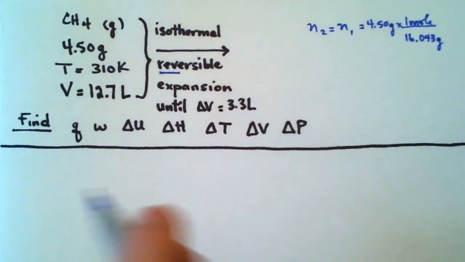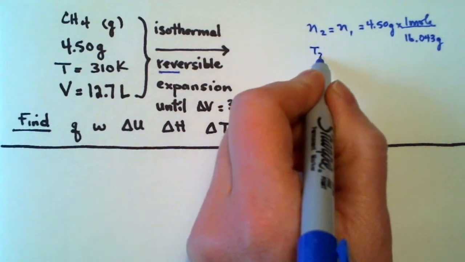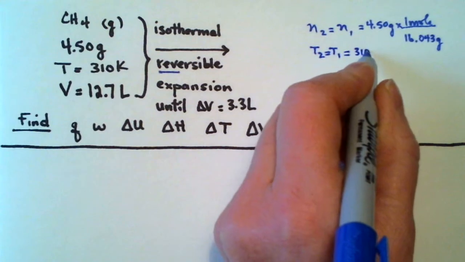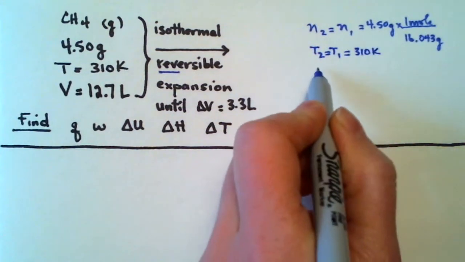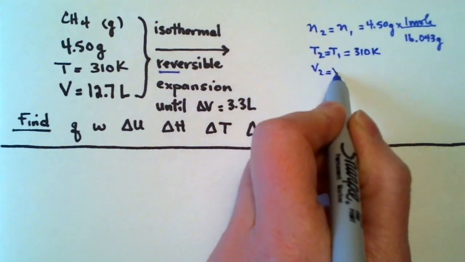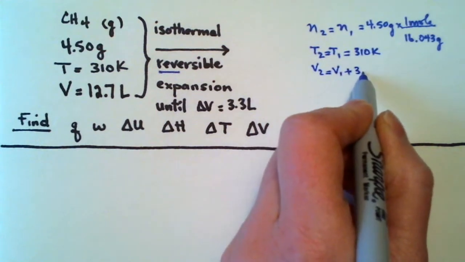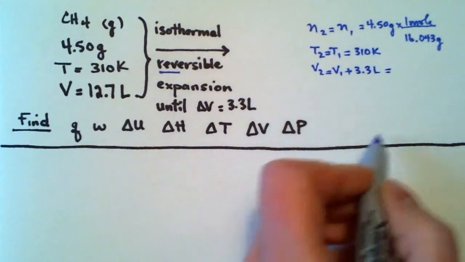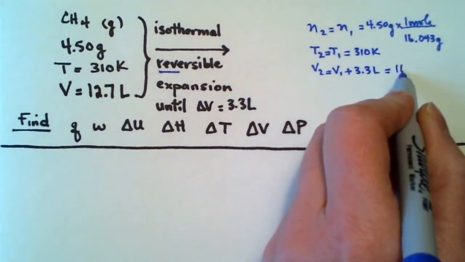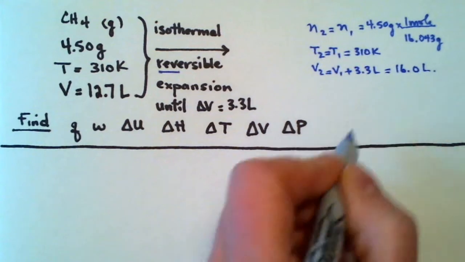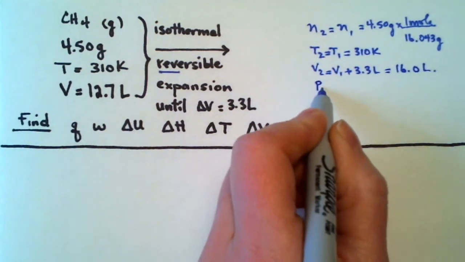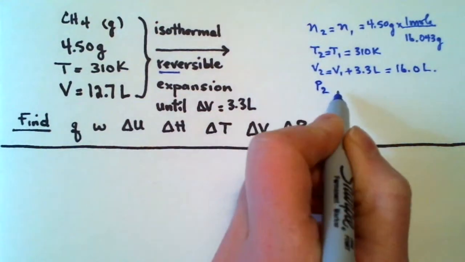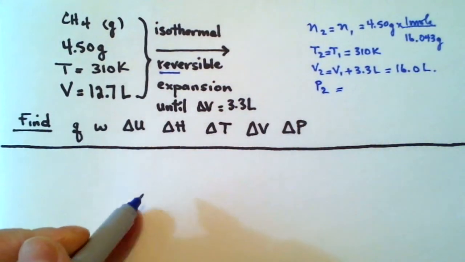Okay. And it is isothermal, so T2 is equal to T1, and that remains at 310 Kelvin. V2 will equal V1 plus 3.3 liters, and that was 12.7 and 3.3, which gives me 16.0. P2 is not known, but this is,